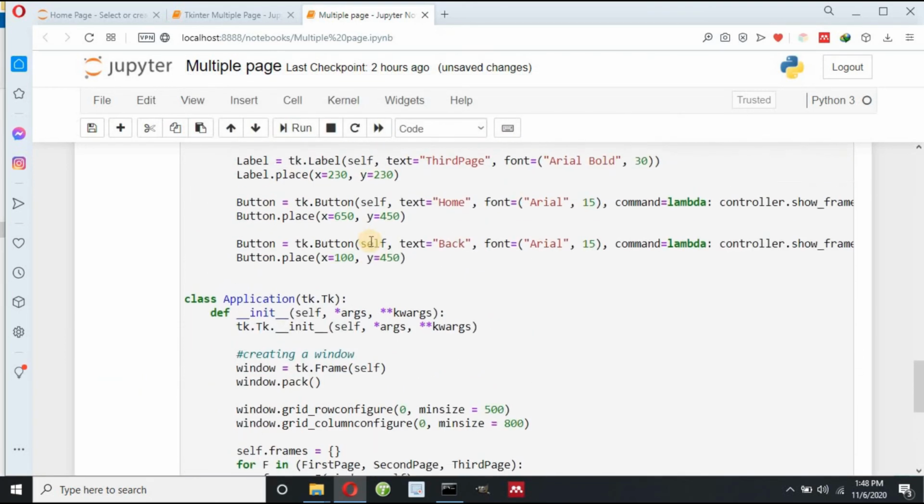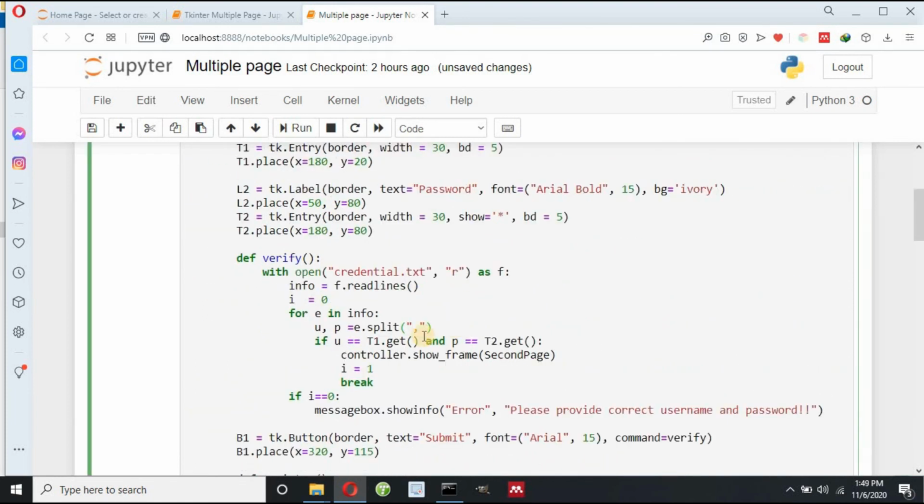Now it will check my t1 and t2 against my text file. Suppose I give an incorrect username and incorrect password, then my program will never enter this block, so i never gets the value 1. So it will display the message box showinfo, please provide correct username and password. So this is the concept.